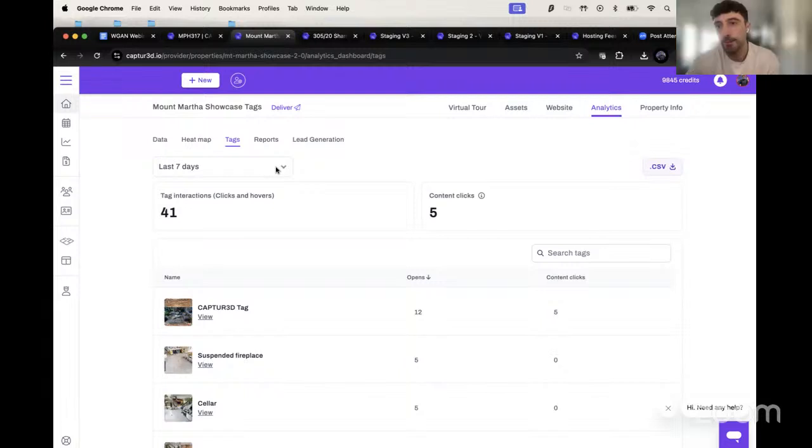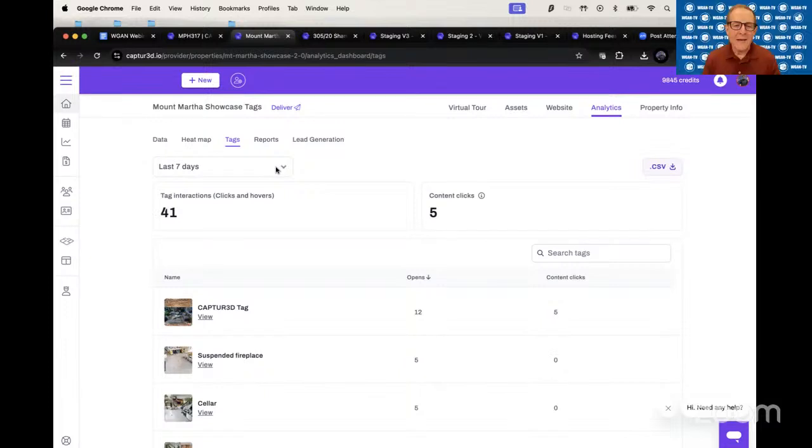Exactly. So any tags that are added within the actual Matterport workshop itself, we can track opens and views for meta tags, for native meta tags. But then any captured tags that have been created in our Captured Creator Studio, which is kind of where all the overlay magic happens, we also provide tracking for those as well. So yeah, both meta tags and captured tags we can provide data for.